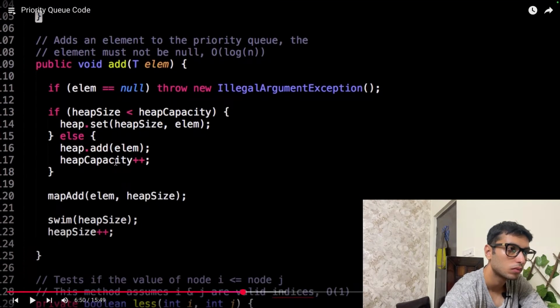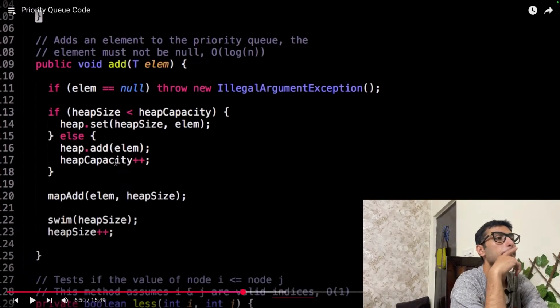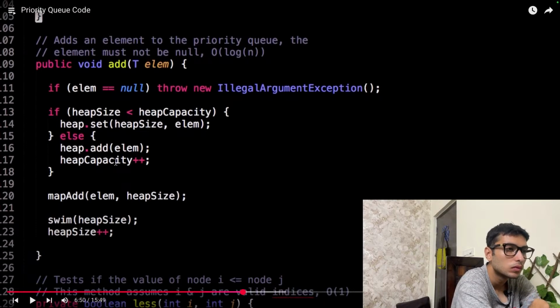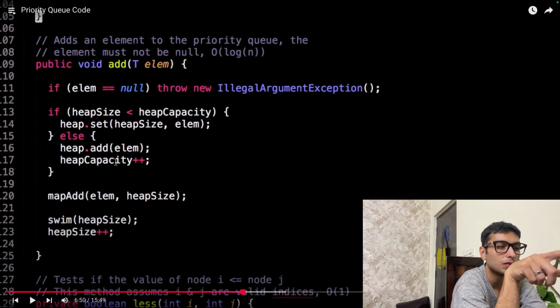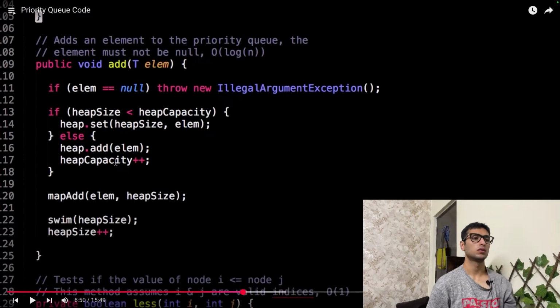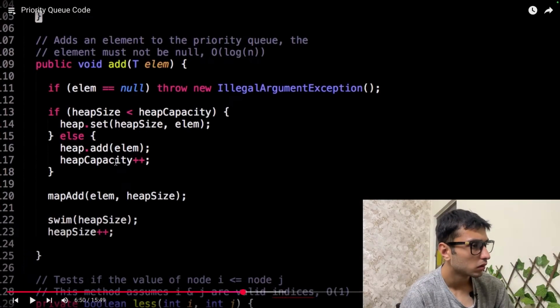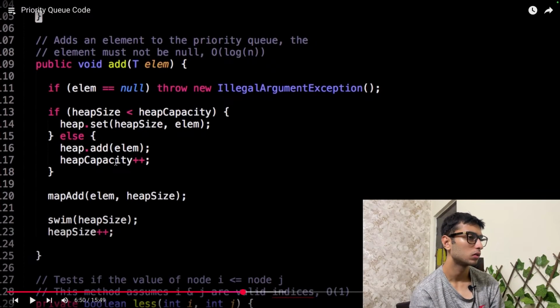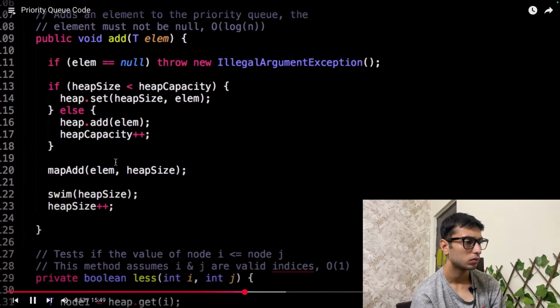Next, we make sure we add it to the map so we keep track of it, and then we swim it up.